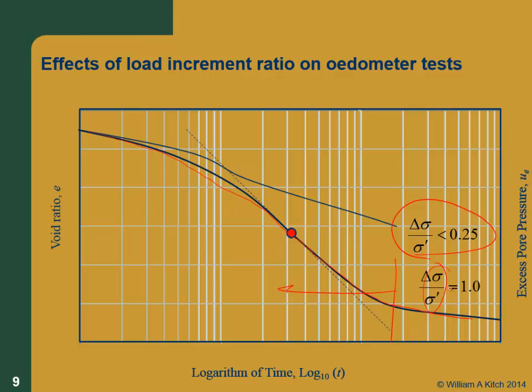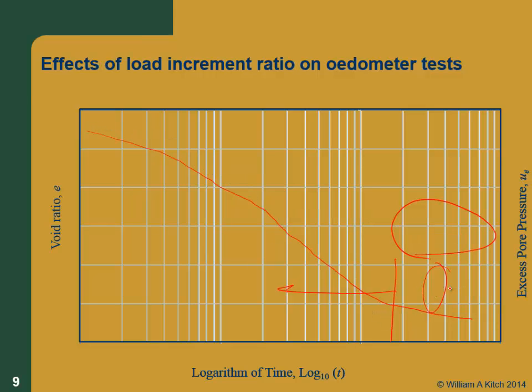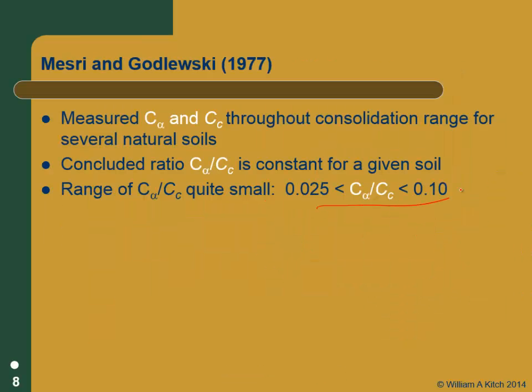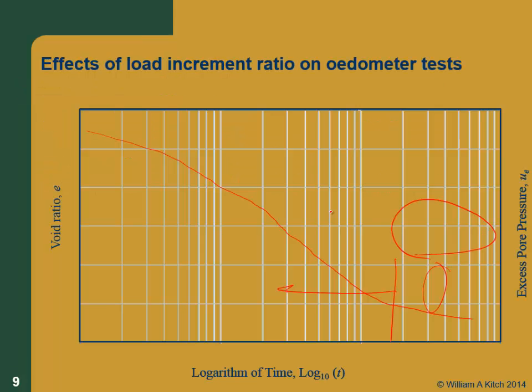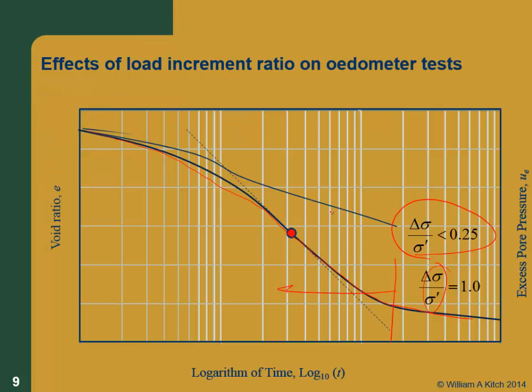And Mesri and Godlewski showed this, if you do that, you will always get an inflection curve based on this value of C sub alpha over C sub C. You can show that if you use a load increment ratio of 1, in the early part of the curve, primary will always dominate and secondary won't, and you'll always get an inflection point in your curve. But if you use a load increment ratio that's less than that, and if it gets way less than 2.5,